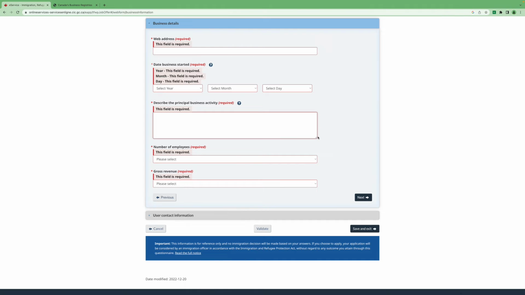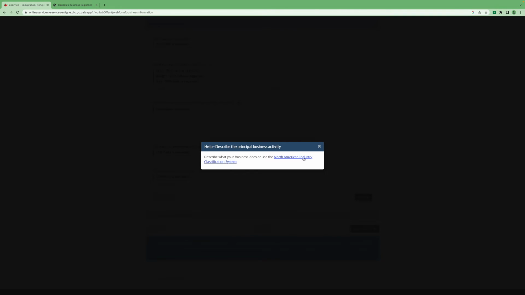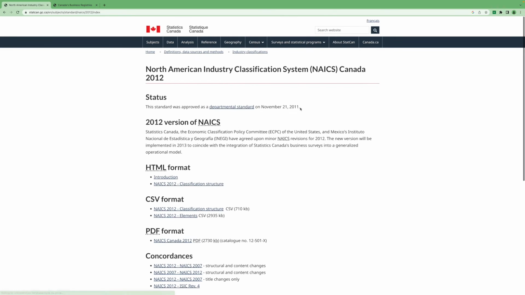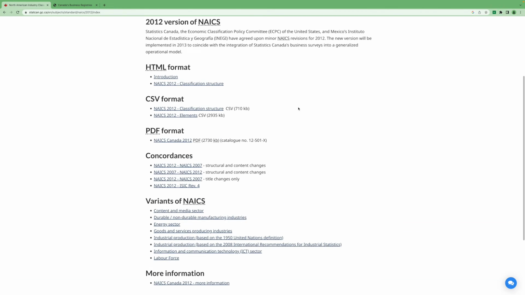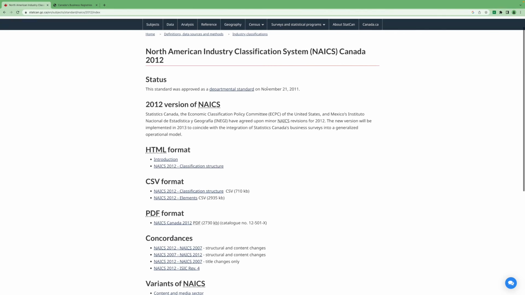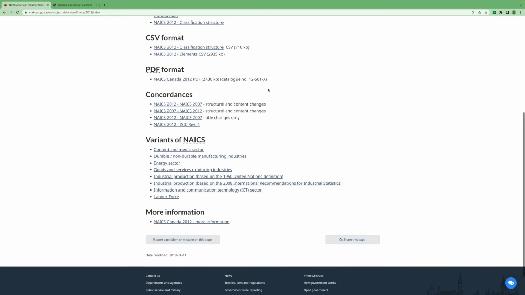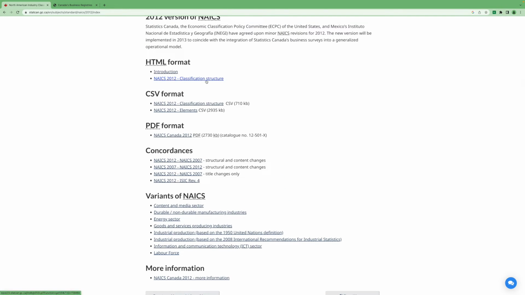You will be limited, obviously, with these in how many characters you can put, but describe the principal business activity. This would be 1 to 2 sentences. If you're a restaurant, for example, you can look at the North American industry classification and then look at what the wording is for restaurant if you want to be really specific. And you could look at it,